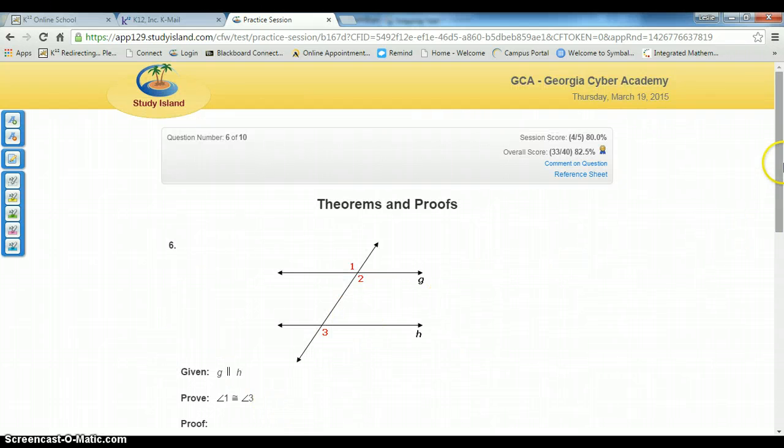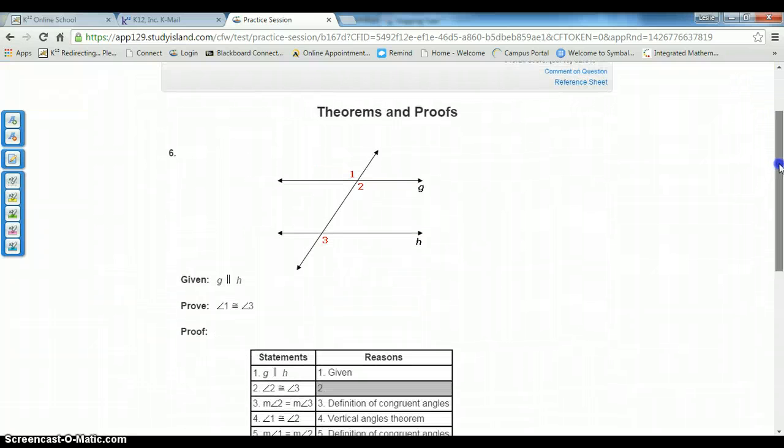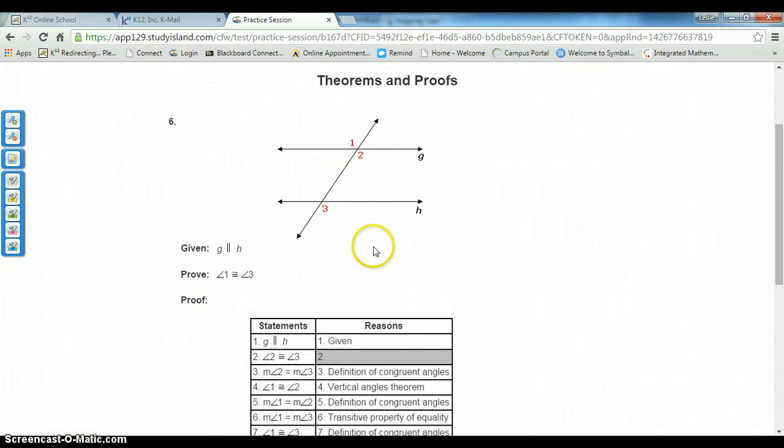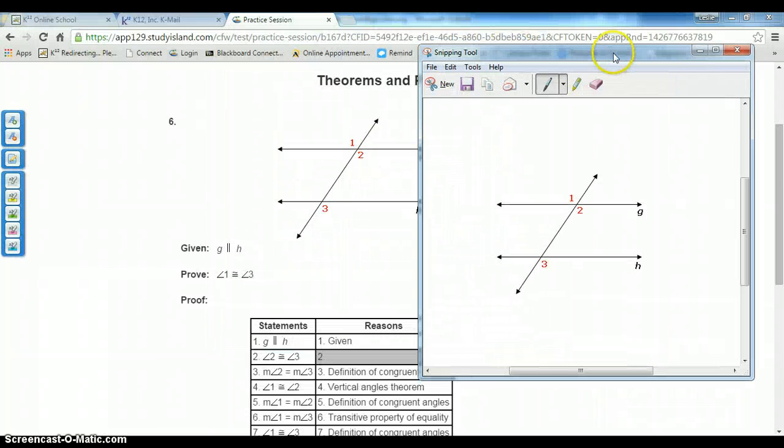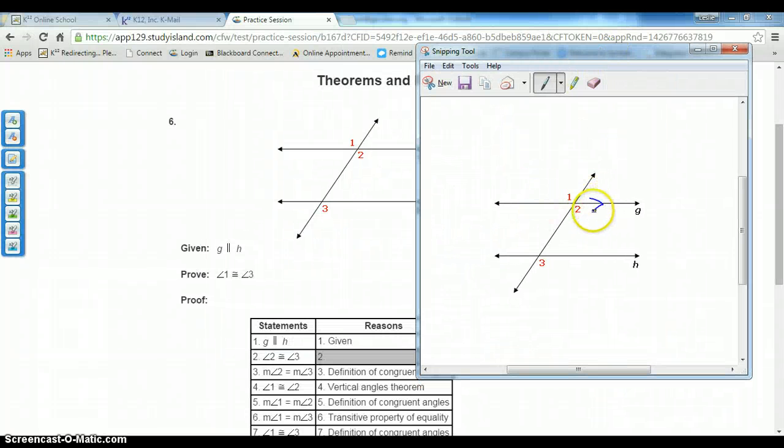Alright, here we are again. Theorems and proofs still, sorry. Okay. So now we have that these two lines are parallel. I like to draw. So these two lines are parallel. Okay? We're going to prove that angle 1 is congruent to angle 3. So first we're given that the two lines are parallel, and angle 2 is congruent to angle 3. So we need to know angle 2 is also congruent to